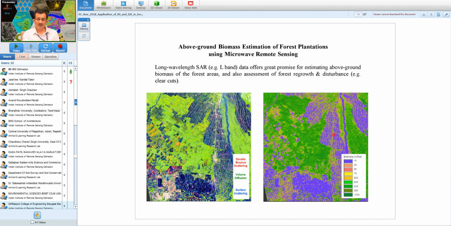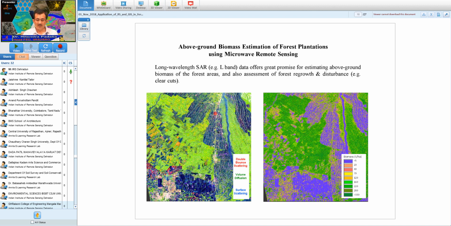So I have kept two examples here. You can see that one example is an ALOS-2 image, and it looks just like an FCC image. But this is different. These colors are not in microwave remote sensing. Basically, microwave remote sensing senses the scattering, but we have defined different colors for different scattering types, and then you can see that this type of image becomes very useful, because different features are represented in different colors. So this is called